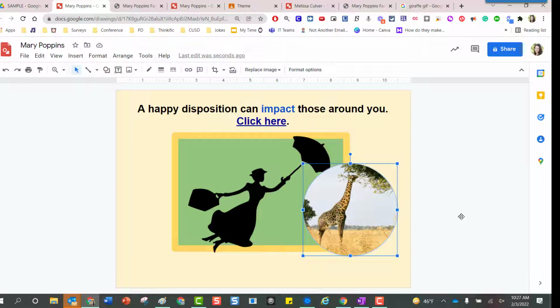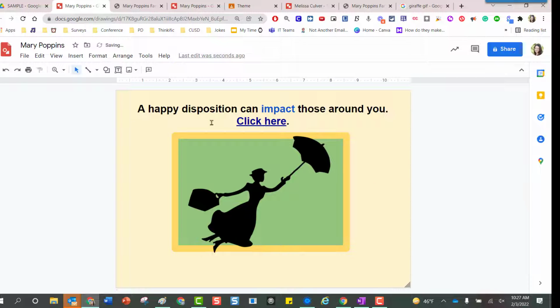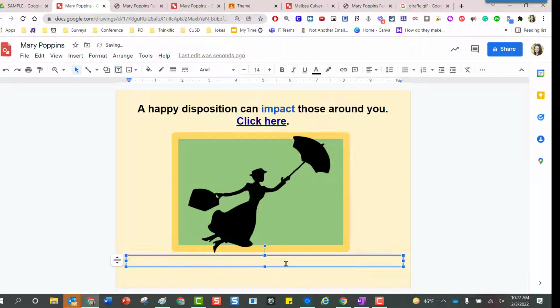Let me click one time in order to make this disappear. And then let me bring in a second text box just to reveal that you do have the capacity to have more than one text box. So if I need to bring in information from the text to support my original idea up at the top, this is where I could have the students apply a couple sentences. When the children were sad,